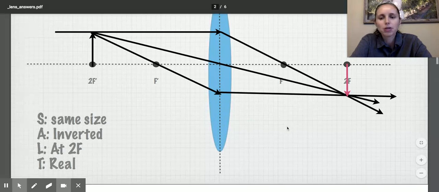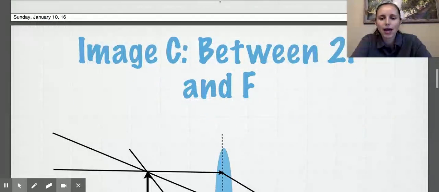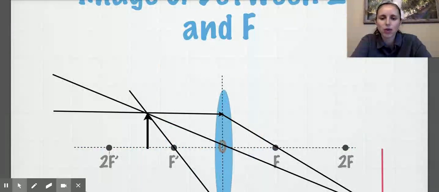and again, because it's on the opposite side of the object, it's considered to be real. I'm going to move my object closer now, and I'm going to look at an object between 2F and